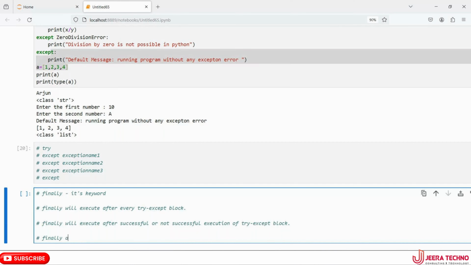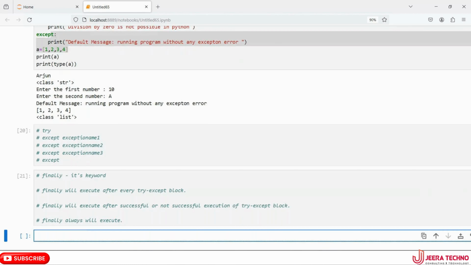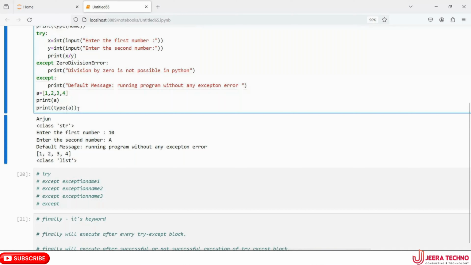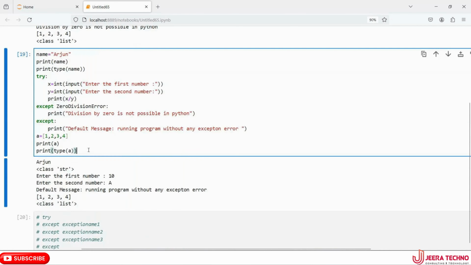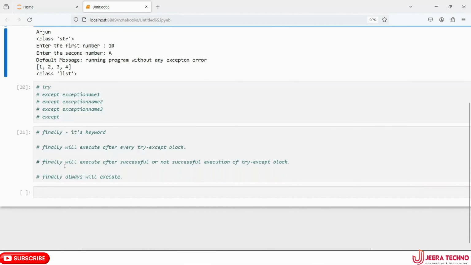Finally always will execute. Got my point? So that is what we need to understand. The finally statement is only for confirmation purpose. So now let me try this example,